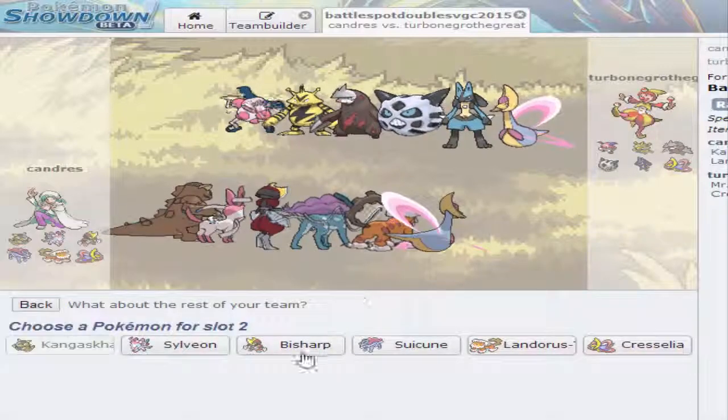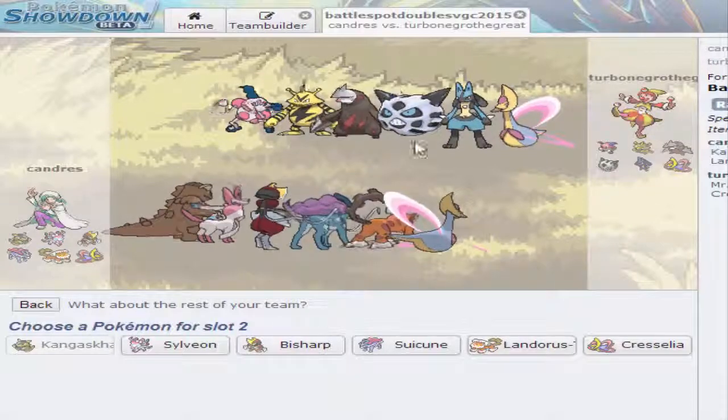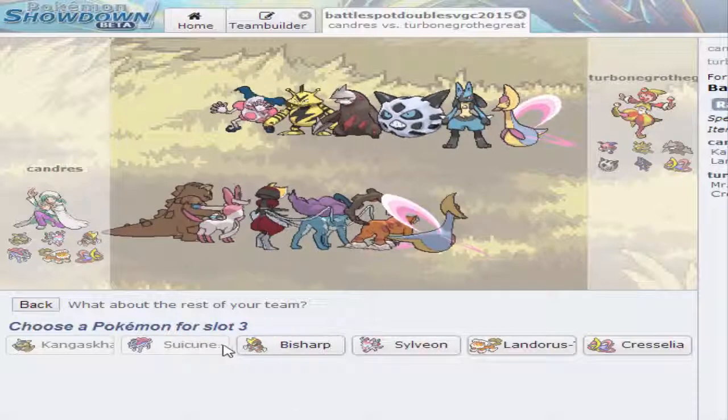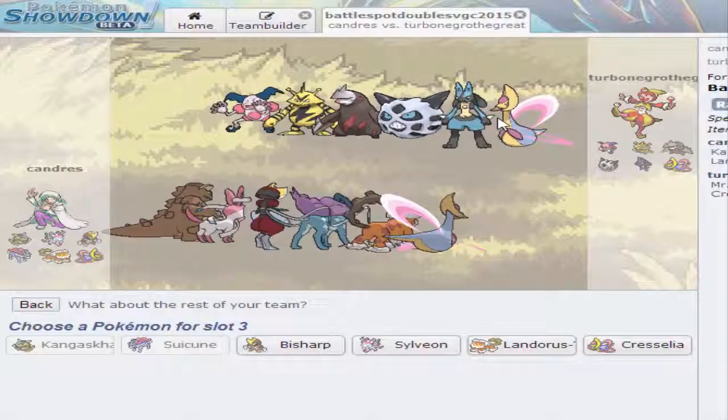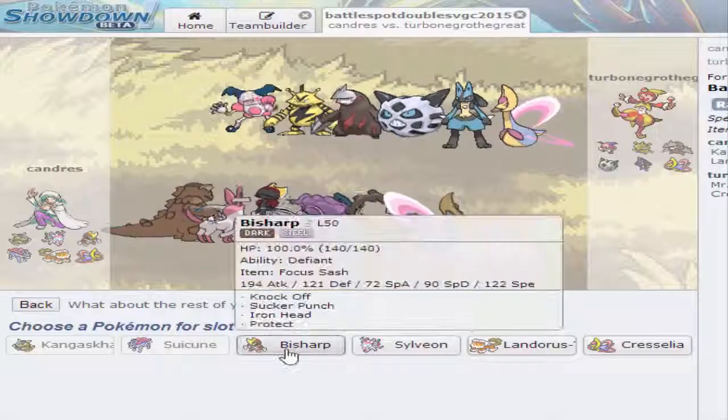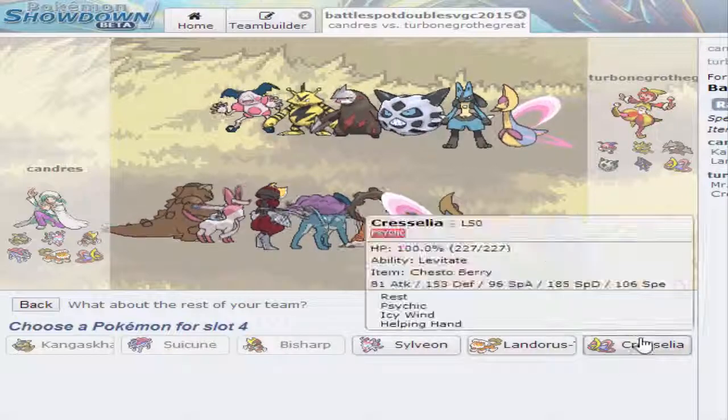I mean, Kangaskhan's always safe. There's really... Okay, I got it. Kangaskhan Suicune. That's going to be my play. I want something for Cresselia. And a lot of these things get hit by Sucker Punch, so I'll have Bisharp in the back, and I'll have...